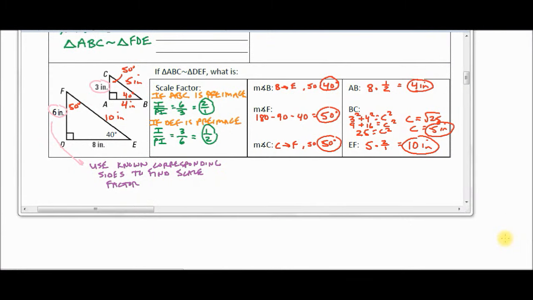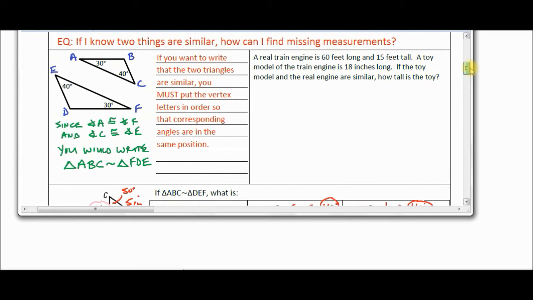Okay, this is a continuation of the bottom of flap number 3 of your Unit 7 Similarity flip book. We need to finish the upper right-hand corner. We just finished this basic question that talked about how to use the similarity statement to match up corresponding vertices and corresponding sides so we can find different missing angle measures and different missing side lengths. So let's go to the last question here